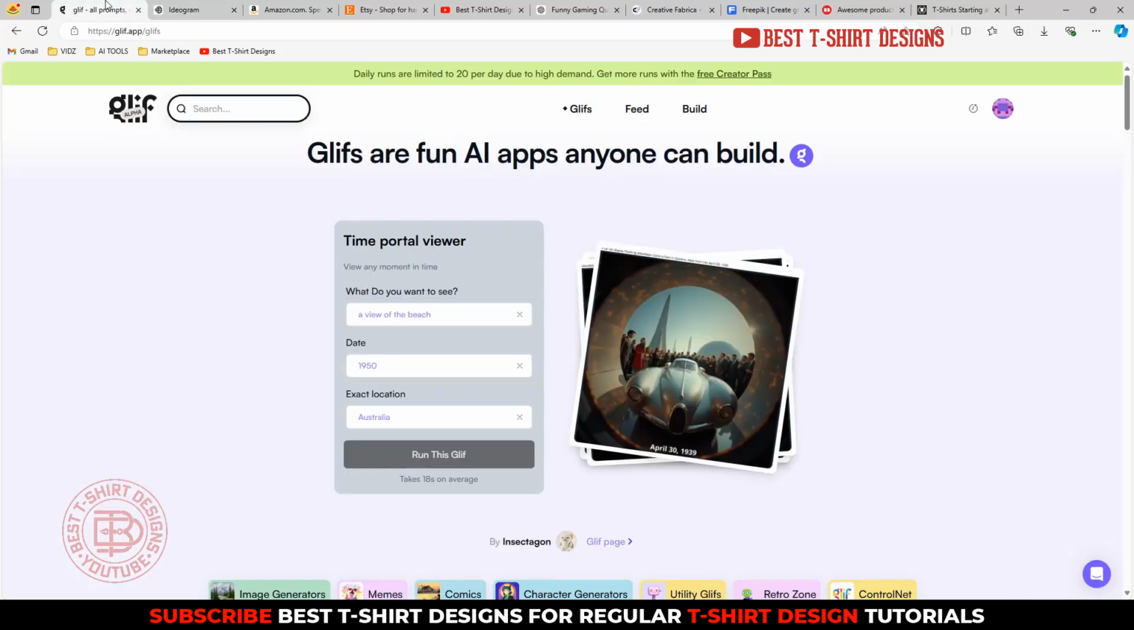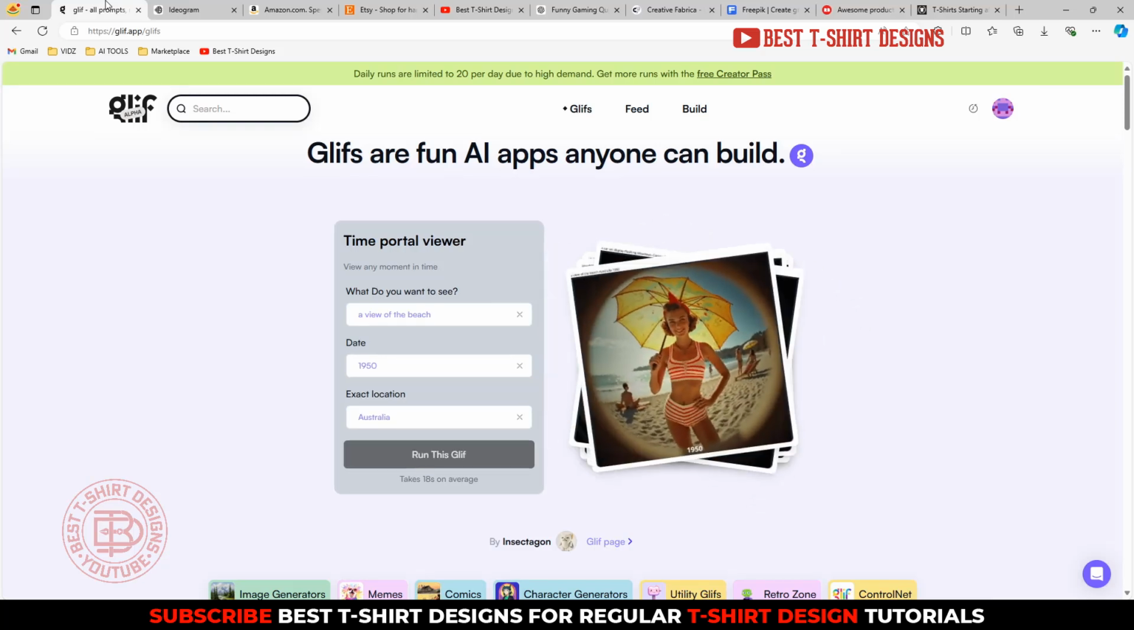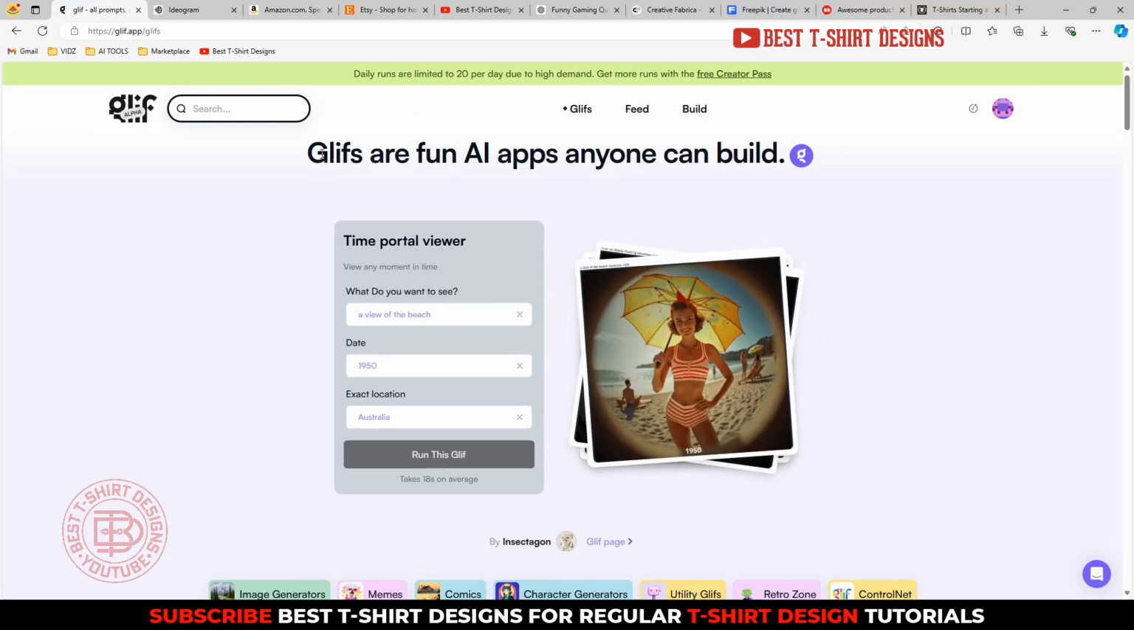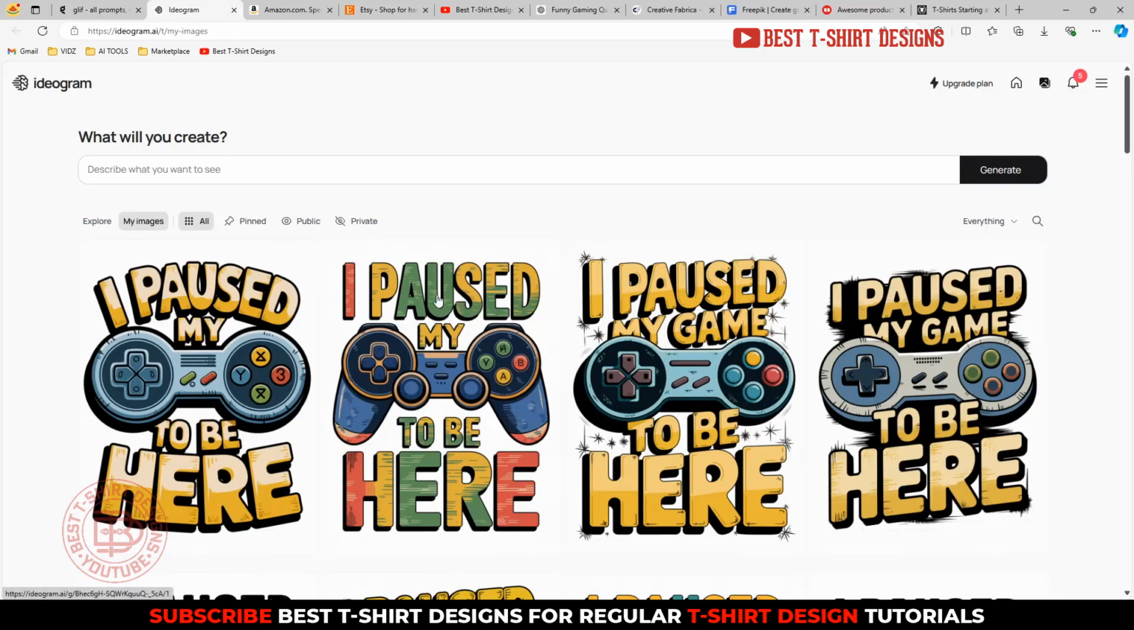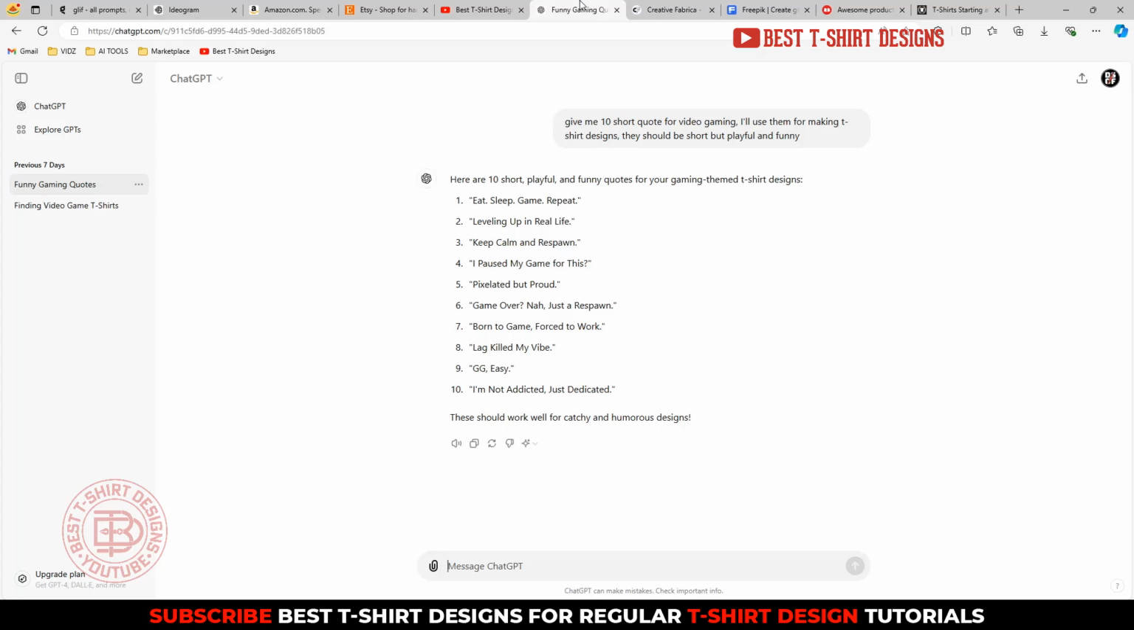Now before starting our design process, we need to understand what we will design. As you can see here, I was working with some text. "I paused my game to be here," that is good, but where will you find it? You can simply go to ChatGPT and ask it to give you 10 short quotes for video gaming, and it is giving me things like "eat, sleep, game, repeat," "leveling up in real life," "keep calm and respawn." You can use this kind of text for your design,